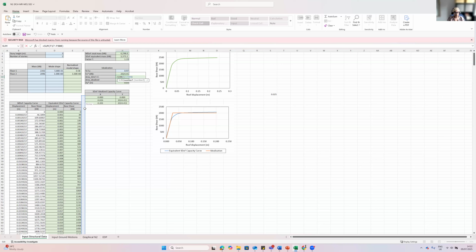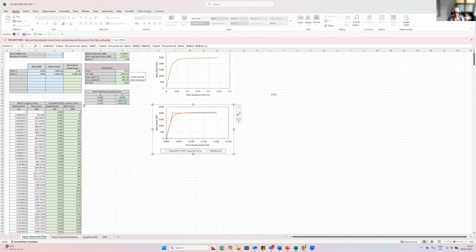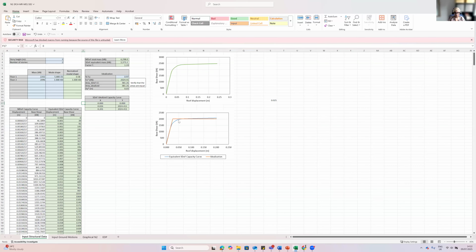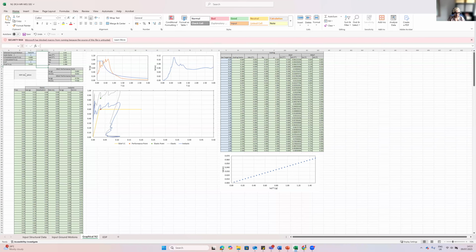The area under the SDOF curve is calculated as a sum in the column that is hidden here. So if your idealized capacity curve doesn't appear correct, please make sure that this column, even though it's hidden, is also calculating the values for the entire range of the values in the green columns. So this has a value calculated between the rows here. Once you have these ready, you should have your idealized capacity curve corrected, and then you can, as we did yesterday, run the